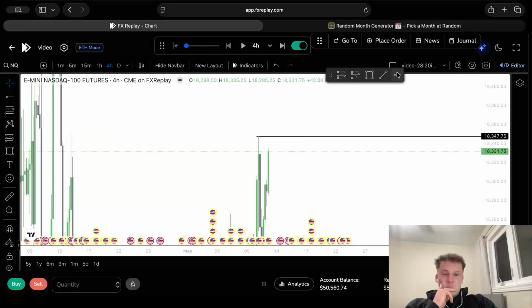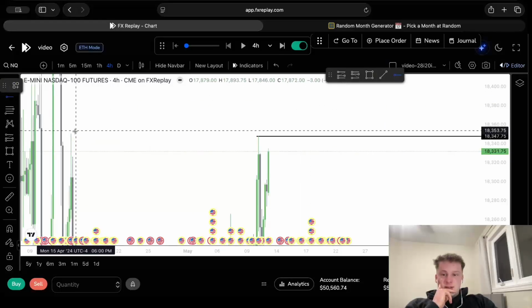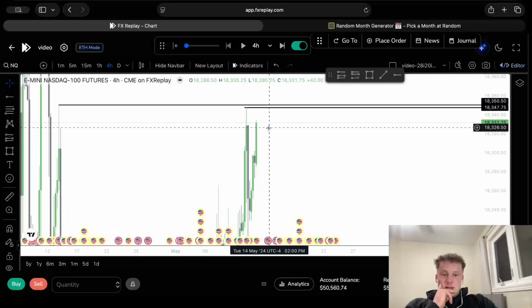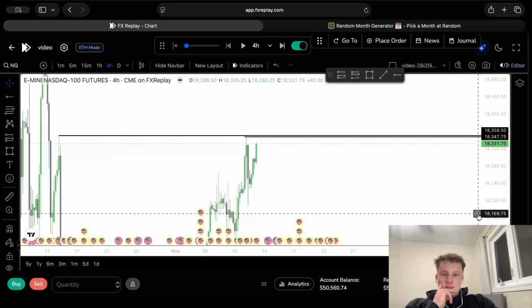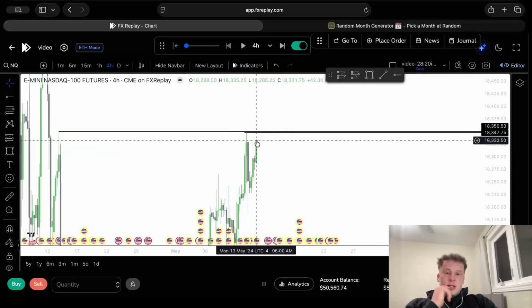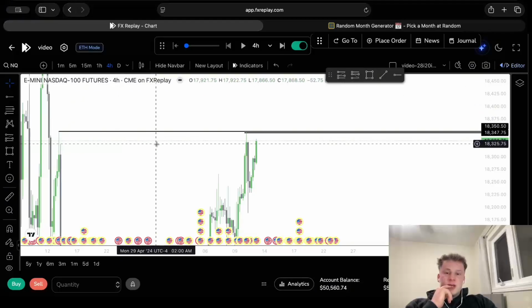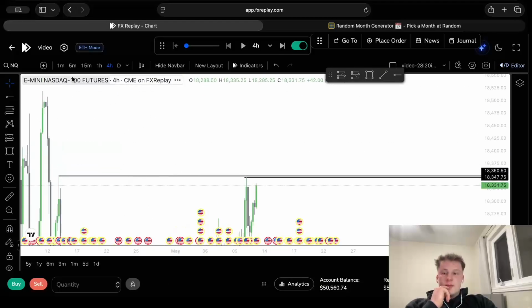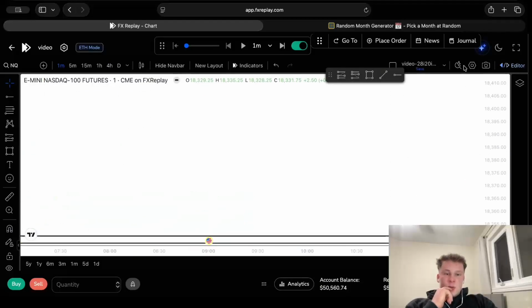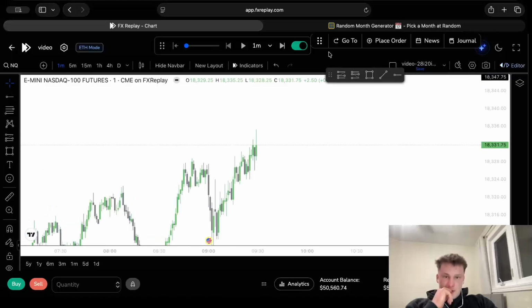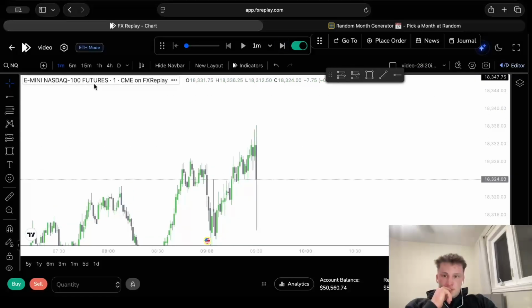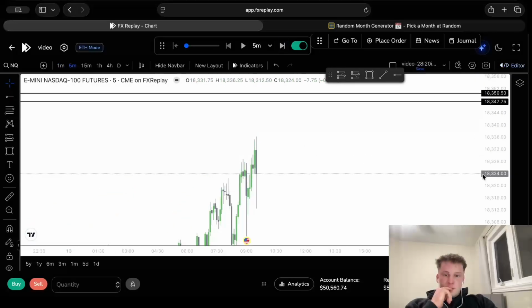Okay. This looks real nice. Honestly, longing here is a little risky since we are already pretty much at the top. But maybe on the 1 minute, if I do scale down and see some sort of entry, I might be able to capitalize on this. But we are already so close. All right, cool. Wow, there's a 1 minute.